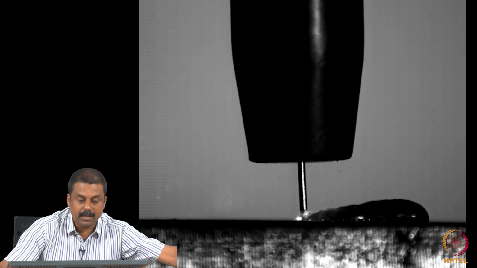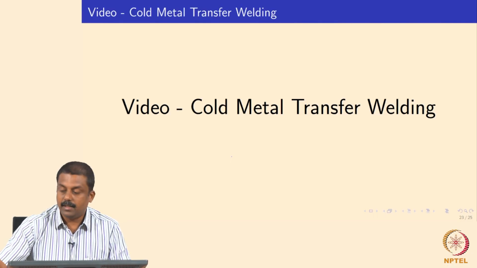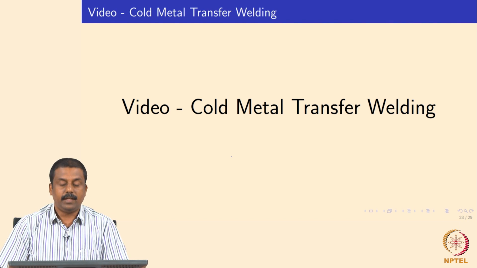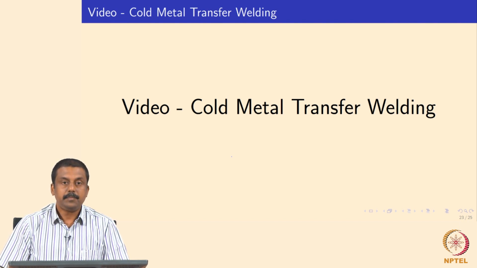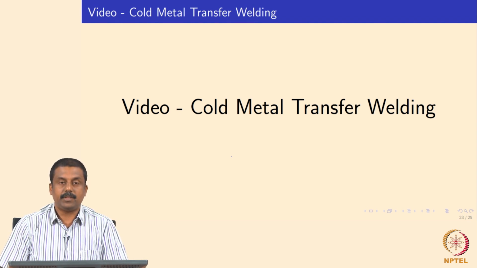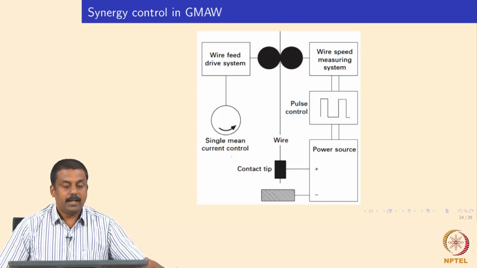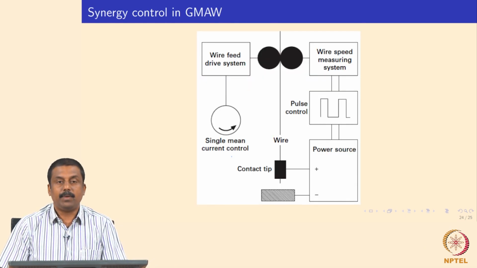So this process is now very attractive for automotive applications, because the heat input of this process decreases significantly, and we also have control over transfer characteristics. We can change the short circuiting frequencies, and we may also introduce a pulsing between the short circuiting events, so that we can change the transfer characteristics and the productivity of the process. So these kinds of complex process parameter variations can only be controlled nowadays by the invention of the